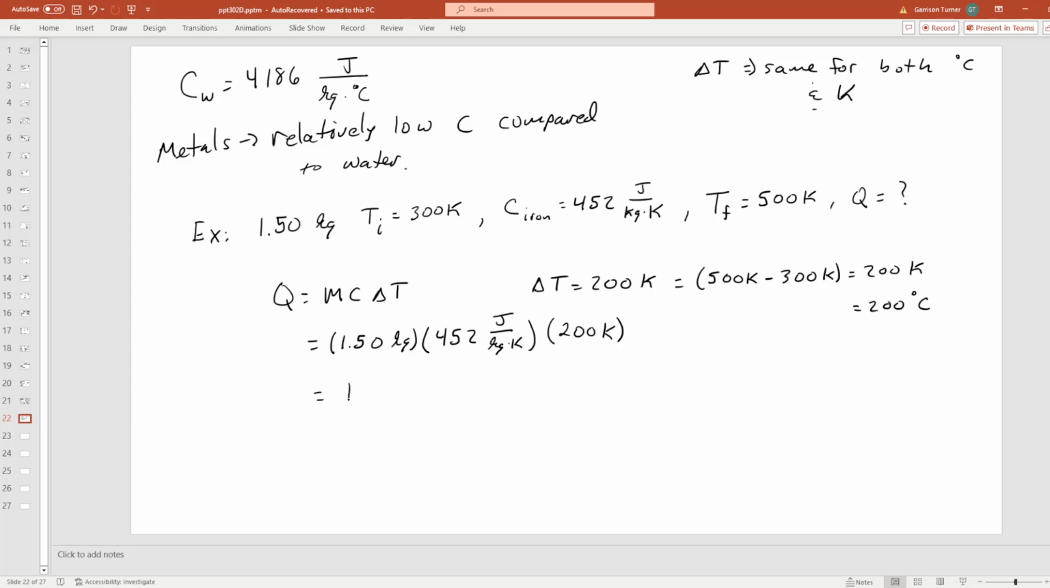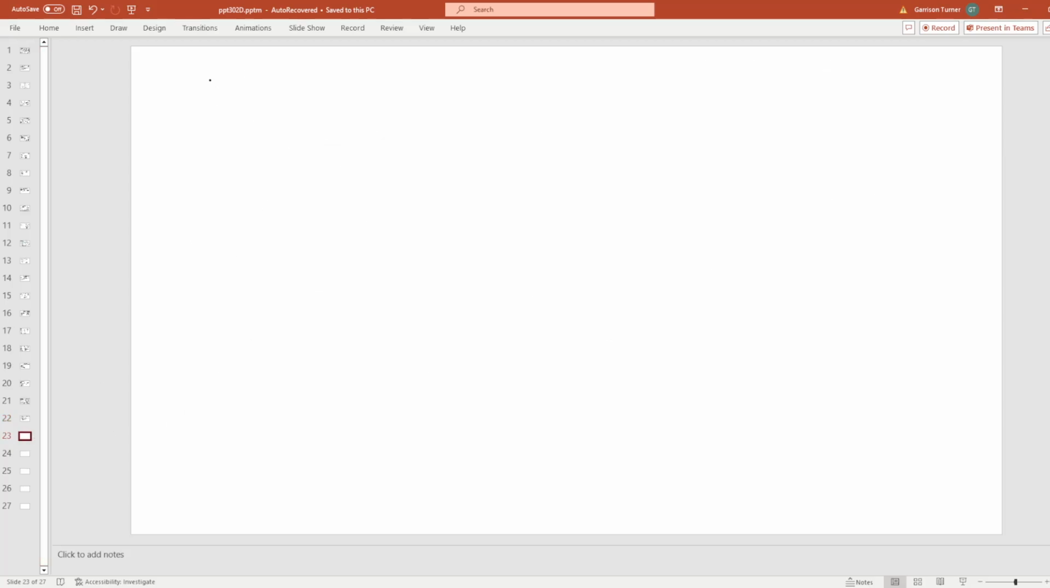And this is 1.36 times 10 to the fifth joules. Okay, so the exact number is 135,600. Rounding that to 3 sig figs is 1.36, 136,000. So 136,000 joules of energy went into heating this iron block, okay? And so, as another example, and one that probably hits home for a lot of folks,